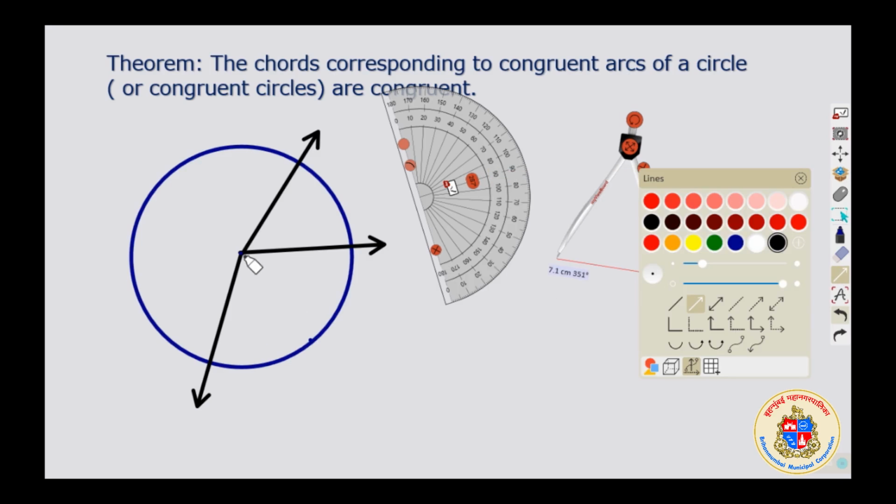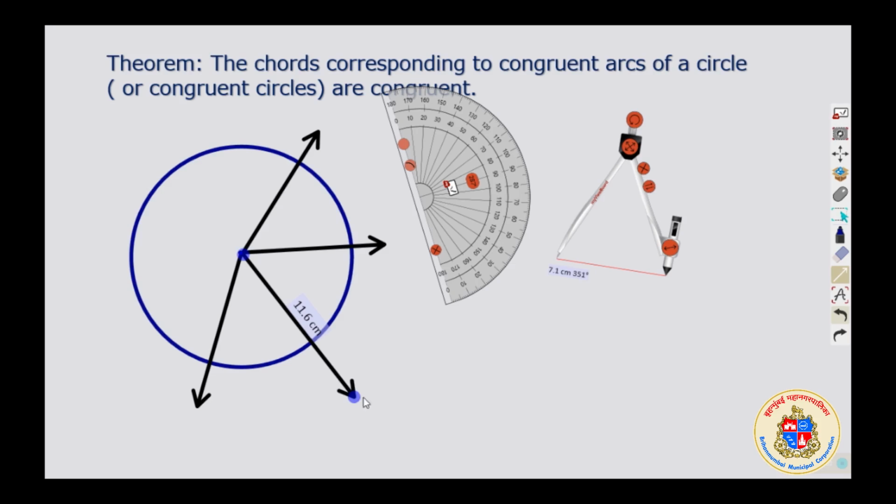Now you need to draw. Okay, two arcs are formed. I can name them as arc AB and CD. They appear to be congruent because the measure over here is 54 degrees and 54 degrees. Now it is saying that if you draw the corresponding chords, where will the chords come? Connecting these two points, you can have a chord. Here, connecting these two points, you can have a chord.